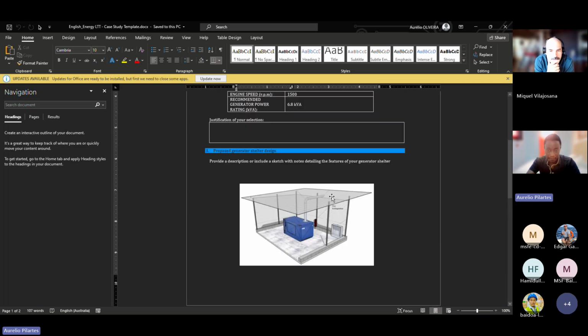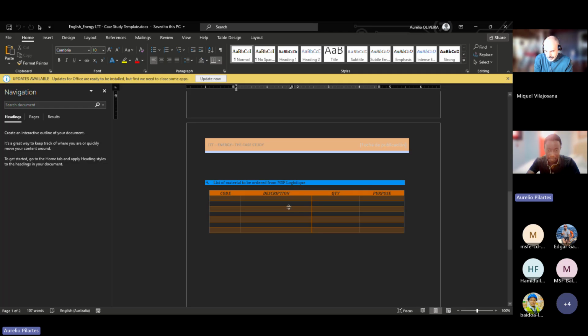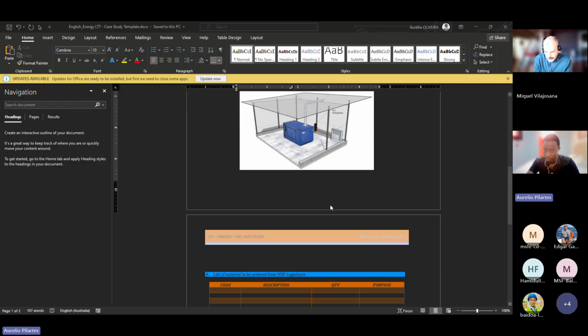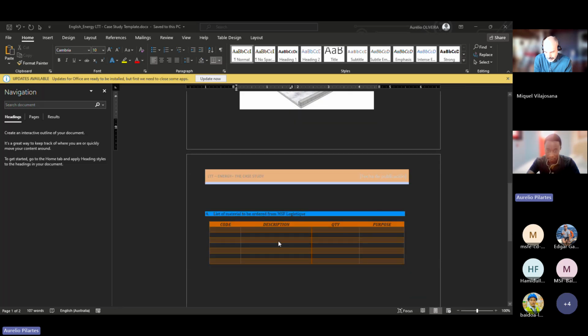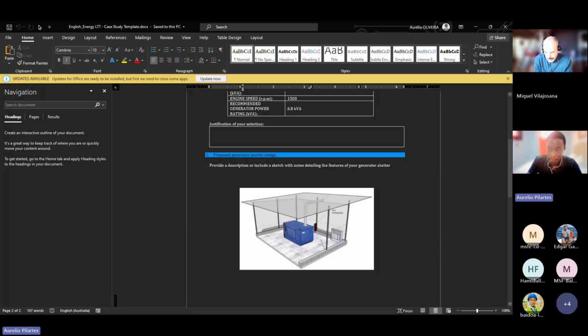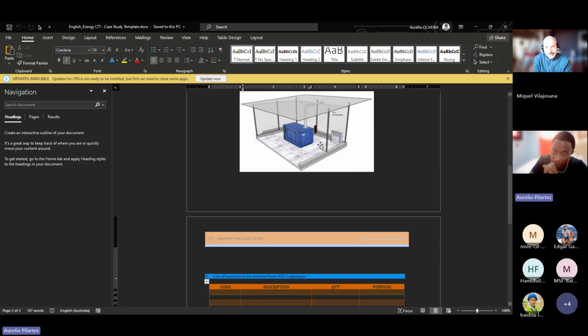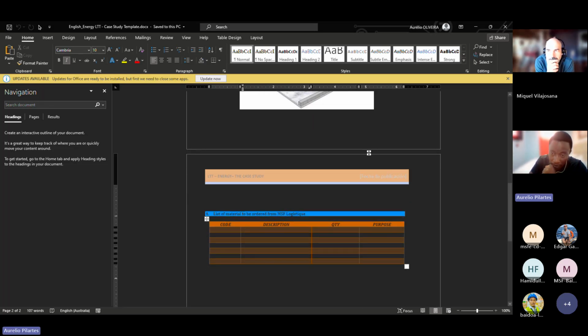And after this, you have the design of your house. You should do, lastly, a list of the items that you will need to put in place your installation. This is like a bill of quantities we are going to have here. So let's go through the main components that we can use here. First of all, once you're installing the generator, what do we need here to make this installation happen?